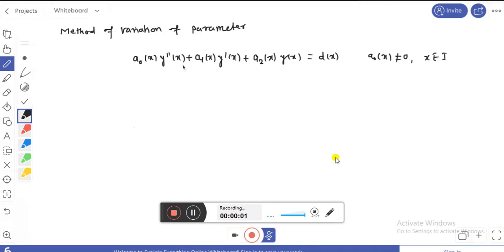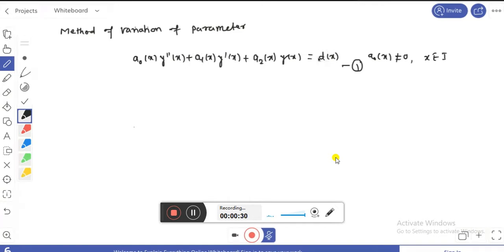And here the functions a0, a1, a2, and d are continuous functions. And suppose y1, y2 are two linearly independent solutions. This is your equation number one. Basically, we rewrite all those equations. If y1, y2 are linearly independent solutions of the homogeneous differential equation, this means